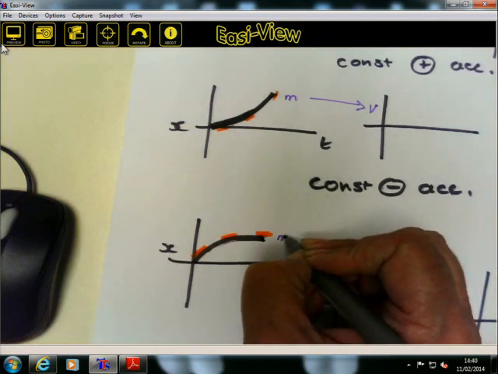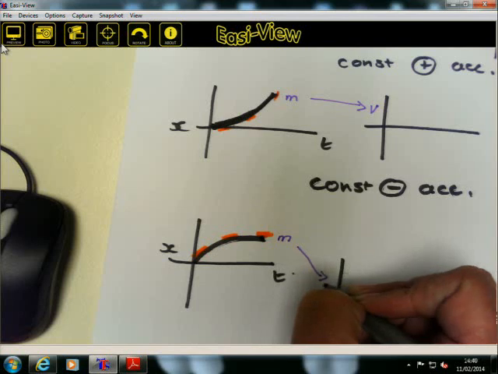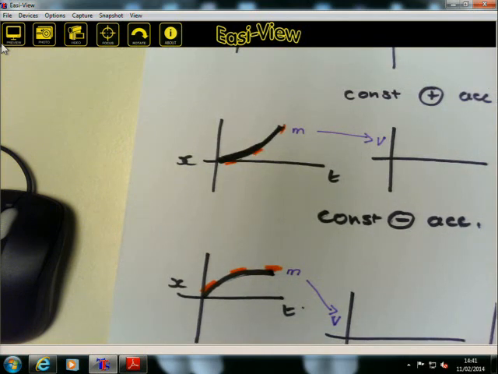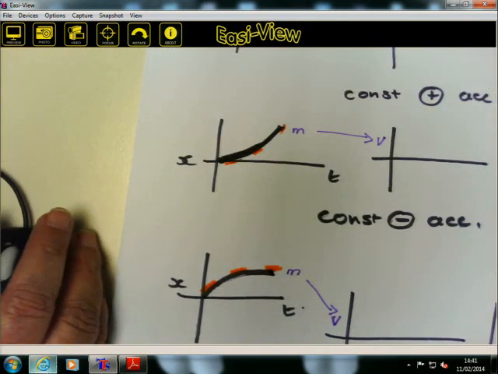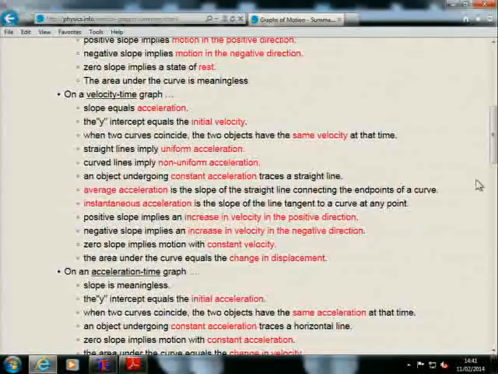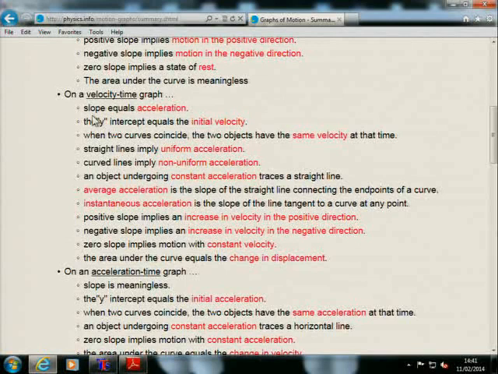And once again, the gradient of that is going to give me the velocity. Right. So these are a few things that we learned about position or displacement time graphs. Let's have a look now at what we can learn from a velocity time graph. The first thing we can learn from a velocity time graph is once again that the gradient or the